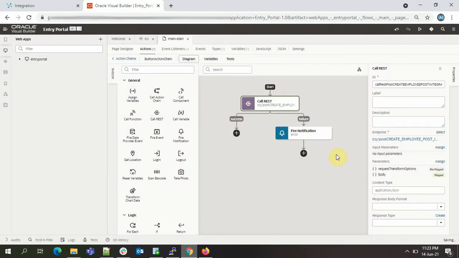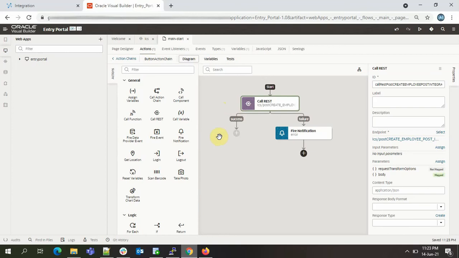So till now we have first defined the type from the endpoint connection. Then we use that type to define the variables. Then we have assigned those variables to the different fields on the page. And now we are specifying the action chain on the submit button. So we are done with the REST call.